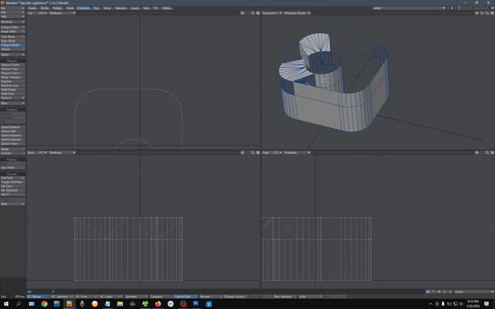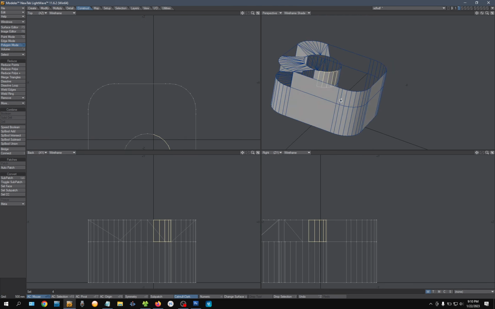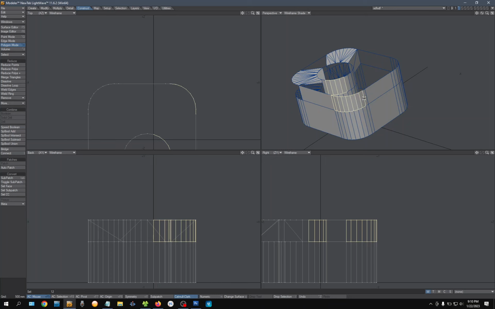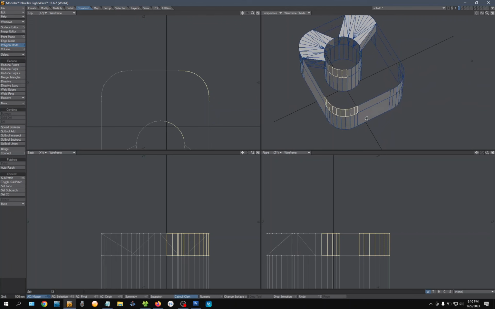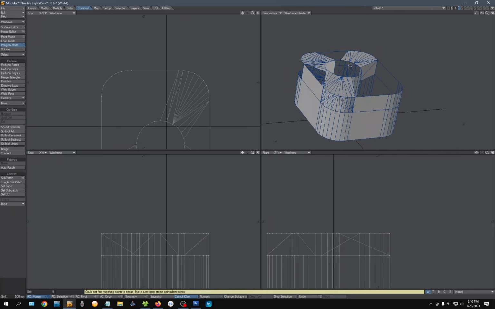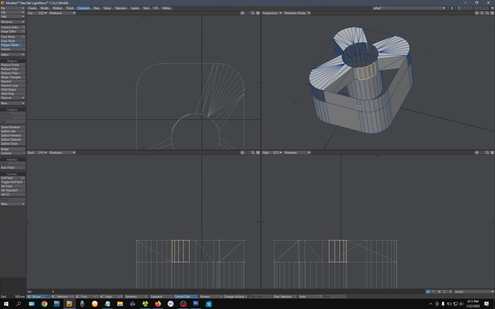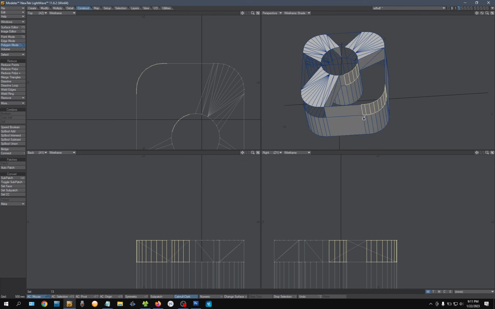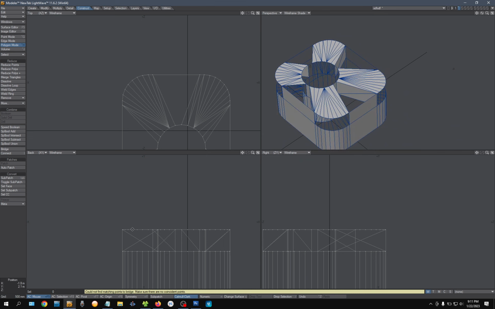Alright, so again, I'm gonna leave one polygon behind. Go with that. Let's try bridge. Yeah, there we go. So okay, not that bad. And it does create, so you can do that. It's not fantastic by any means, but